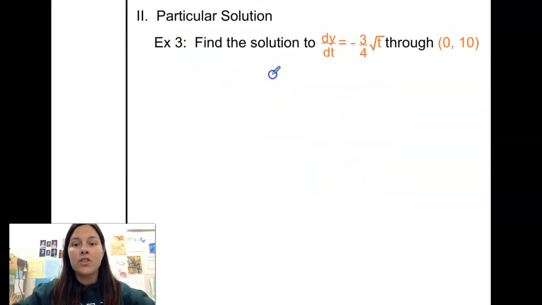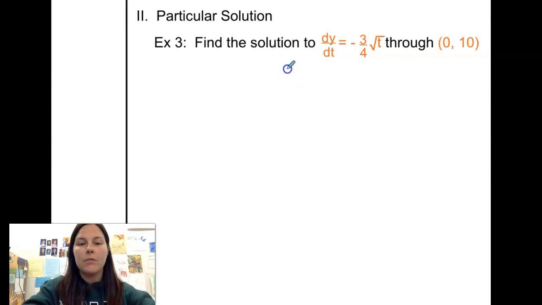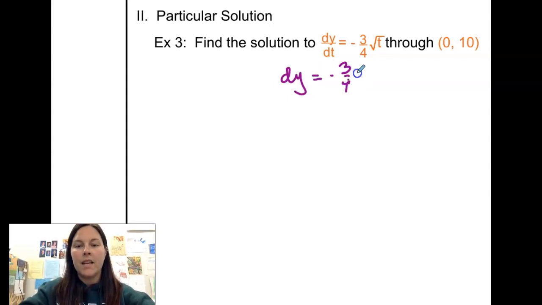This differential equation is nice. It's only got one variable. It's already on the right side. So we're going to multiply both sides by that dt. And I'm going to change that square root to a 1/2 power. Integrating both sides, we get y